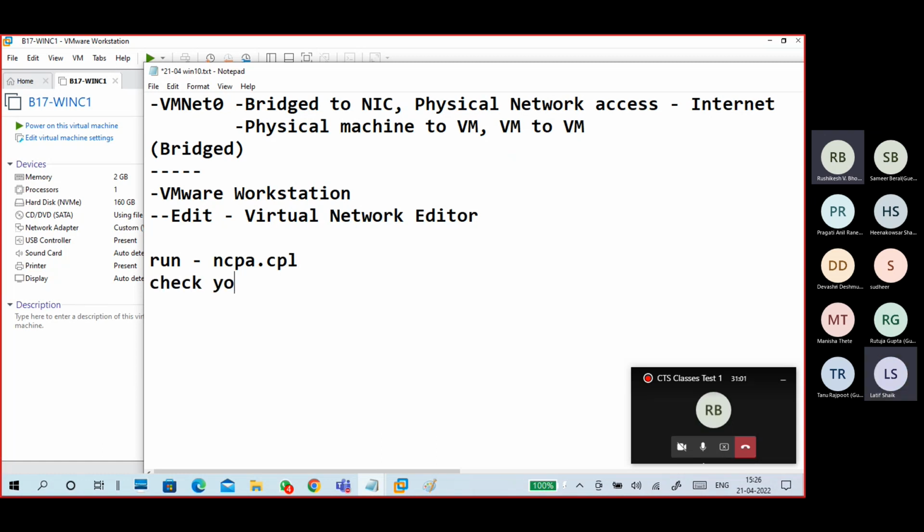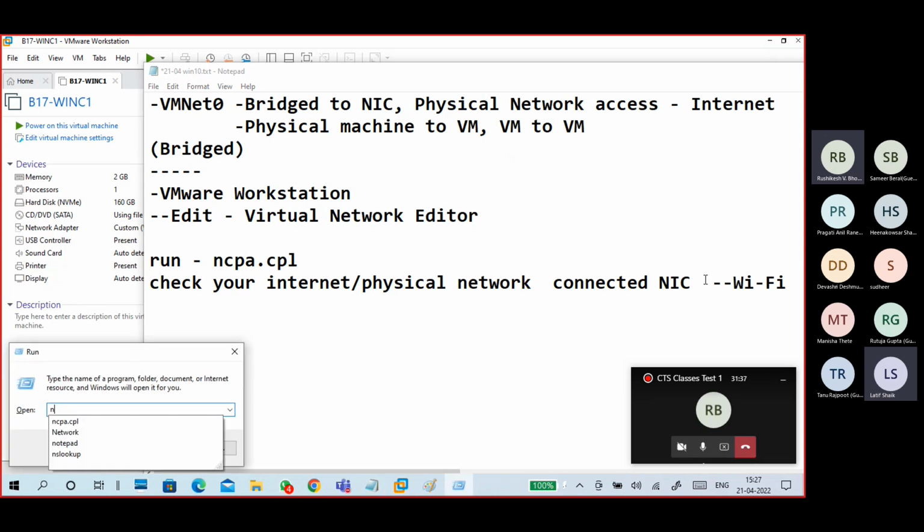Check your internet connected NIC, or the physical network connected NIC. In my case, it is my Wi-Fi adapter.